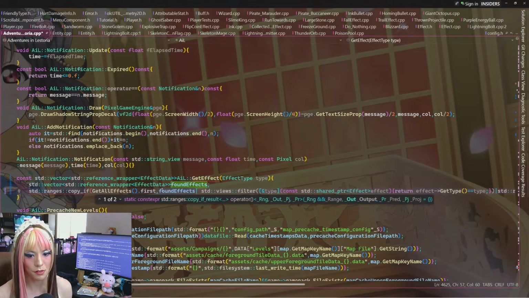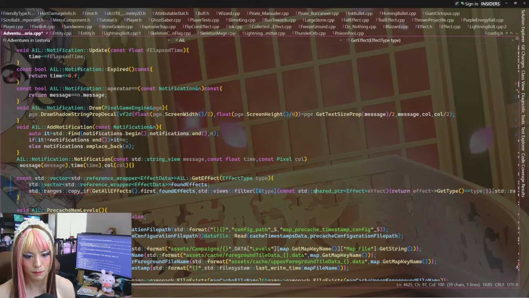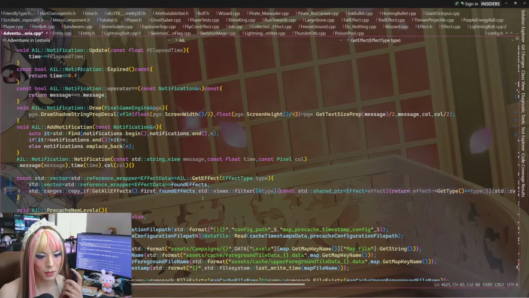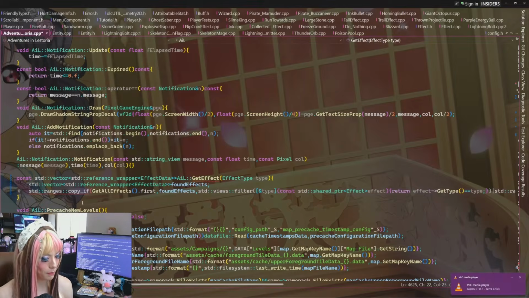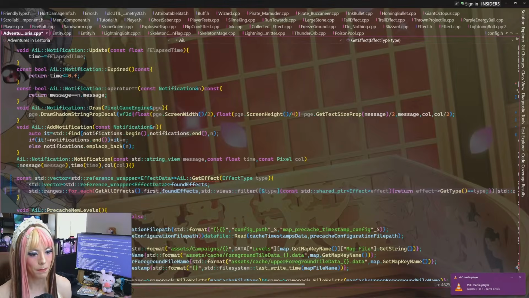Insert it into found effects using this predicate. I mean, I could just filter it straight up. Then I wouldn't have to copy if, I would just for each. I think I like that better.